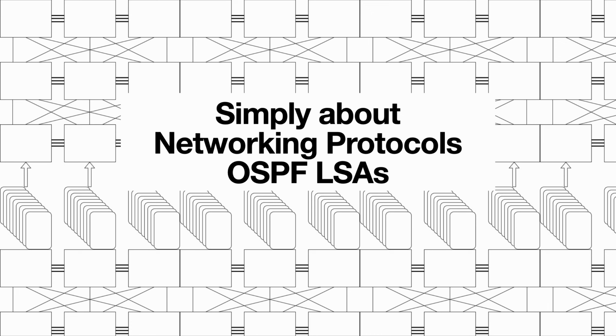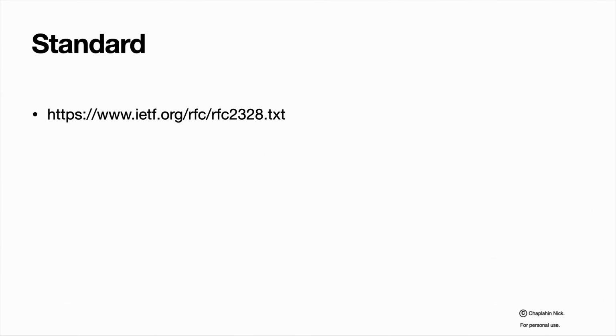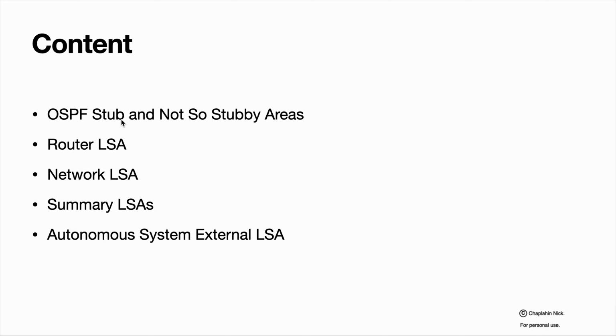It is simply about networking protocols, and today we're talking about OSPF LSAs, link state advertisements. The standard that describes this behavior is the same, RFC 2328. In this video, we are talking about OSPF stub and not-so-stubby areas, router LSAs, network LSAs, summary LSAs, and autonomous